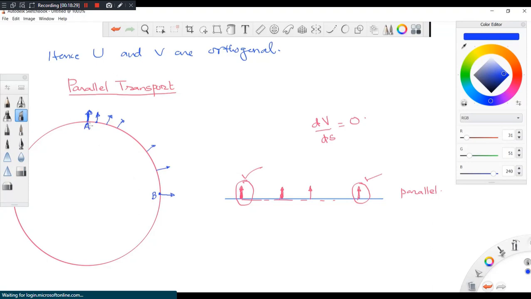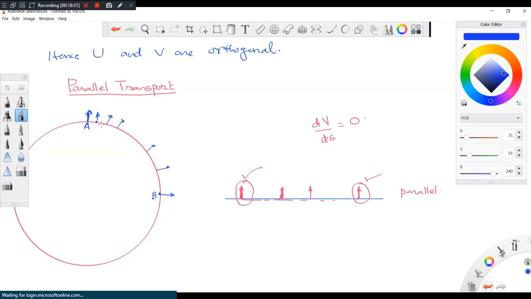So if you look, locally they are parallel. Okay, so consider this meaning: if I move from one position to another position, I feel that I am moving it parallelly because the surface of the earth is flat locally.